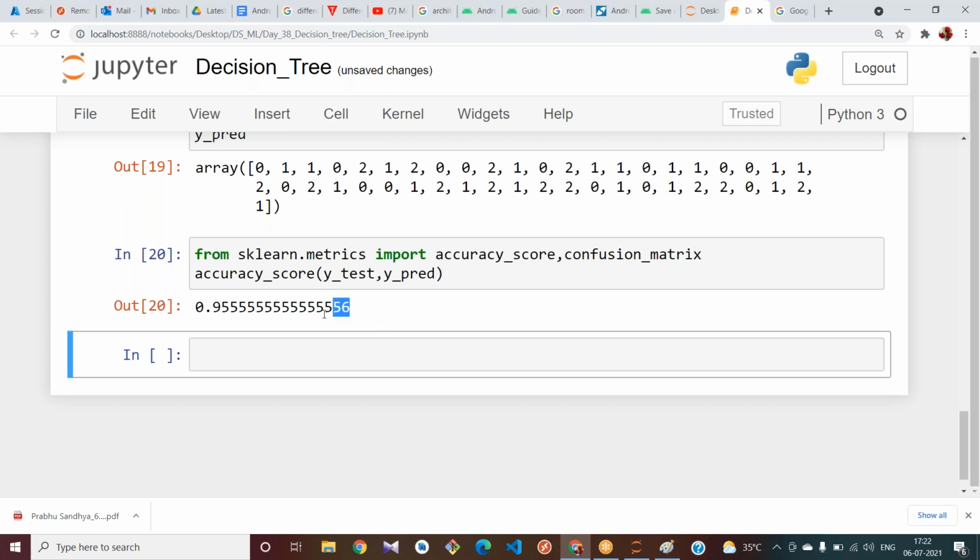It is 95. Let me see the confusion matrix also: confusion_matrix of y_test comma y_predict.